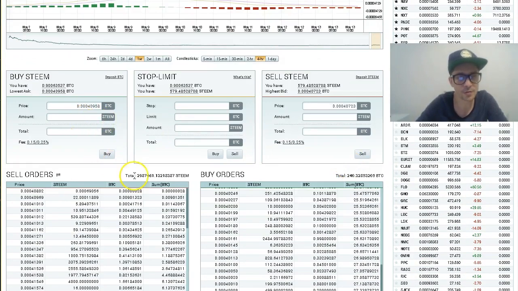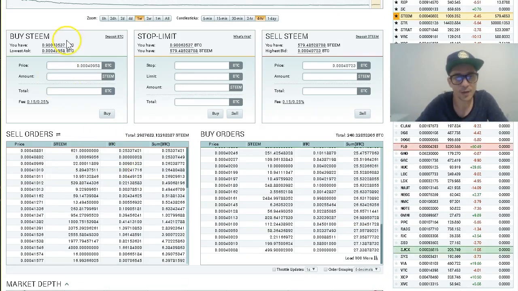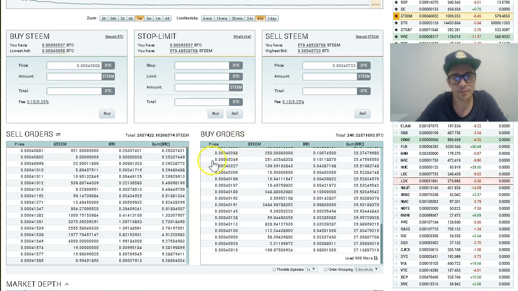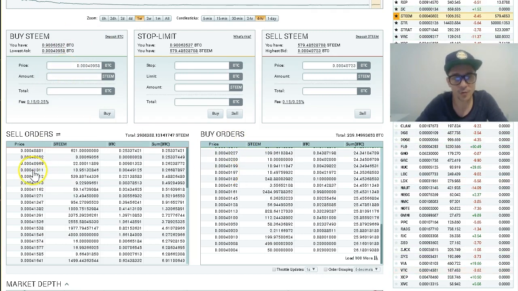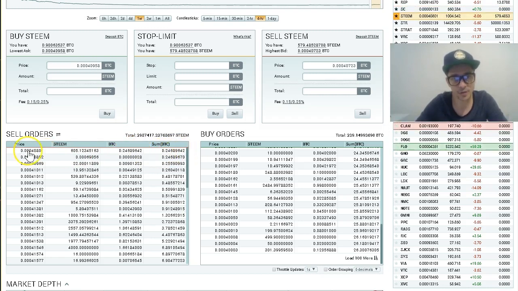So how am I gonna do it? Here is my buy window, and here we have buy orders, we have sell orders. So people who are selling it right now, they're listing their orders. These are their orders listed here. This is the price, this is the amount that they want to sell, this is what it costs in Bitcoin, and this is the total amount for orders that are placed on this price, because the last order for this price was